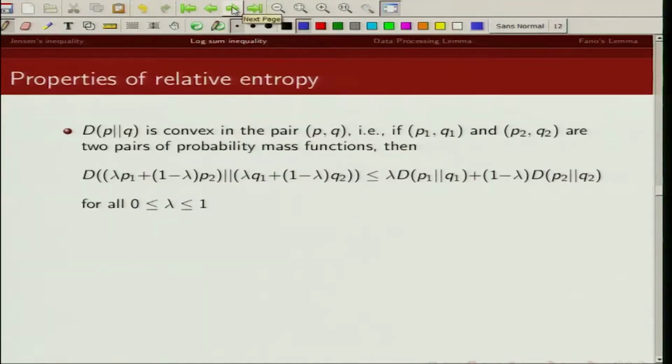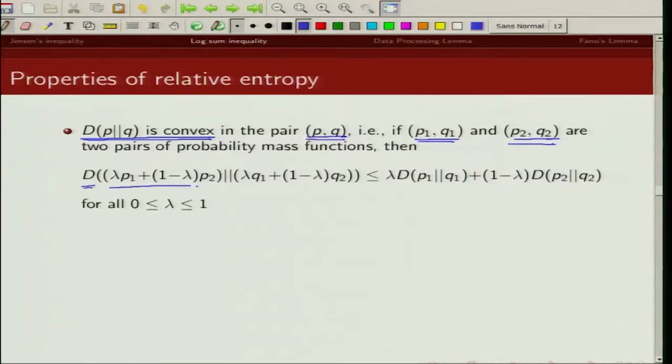Now, let us take a simple example where we will prove that divergence is a convex function in the probability pair P and Q, and we are going to make use of the log sum inequality to prove this result. We want to show that the divergence between P and Q is a convex function in the pair P and Q. What we mean is, if P1 Q1 and P2 Q2 are two pairs of probability mass functions, then